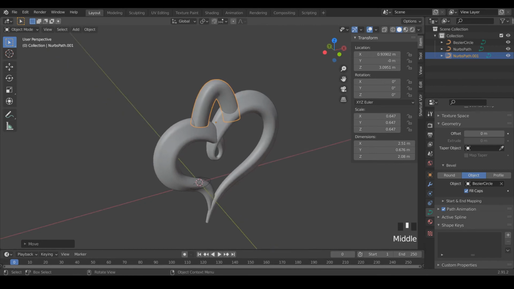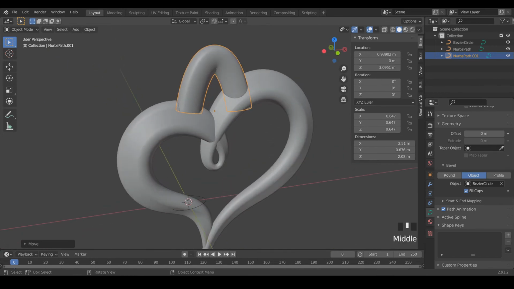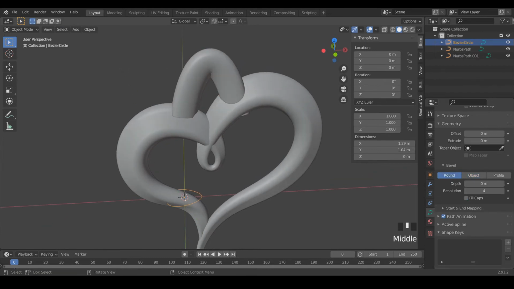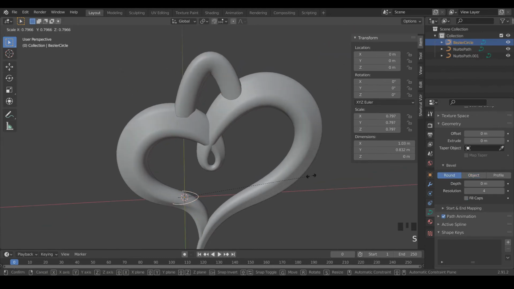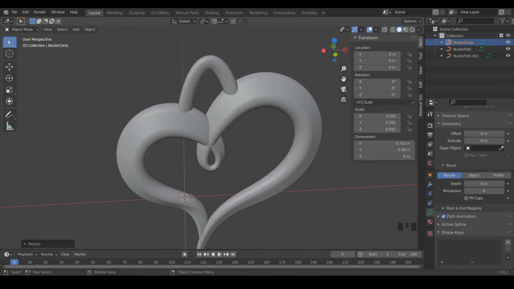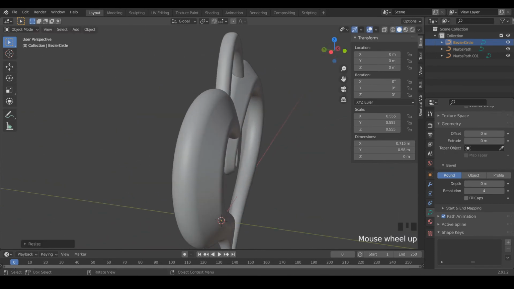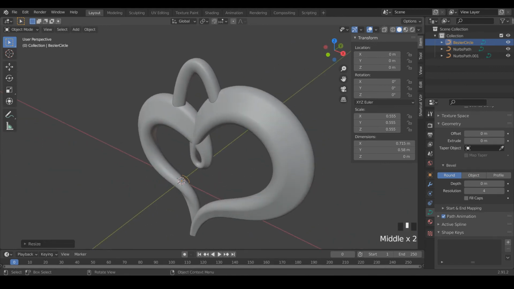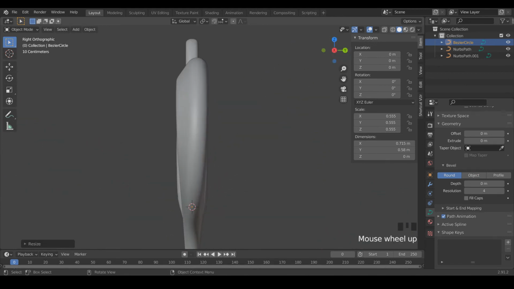And if you want to change the actual thickness of this, you can grab this circle that we made earlier and just scale that down. I'm going to go in a side view by hitting 3.